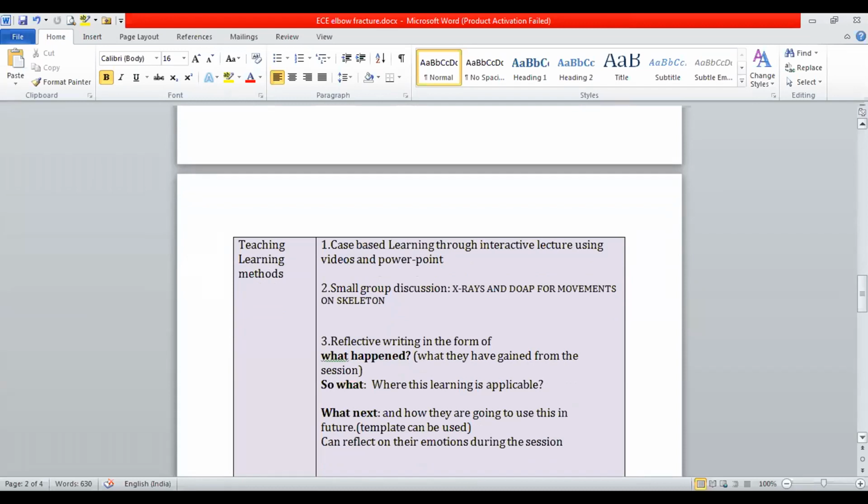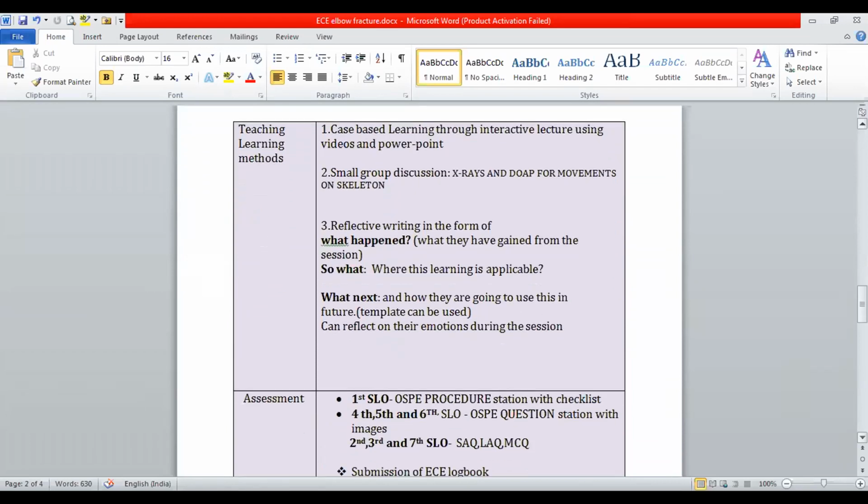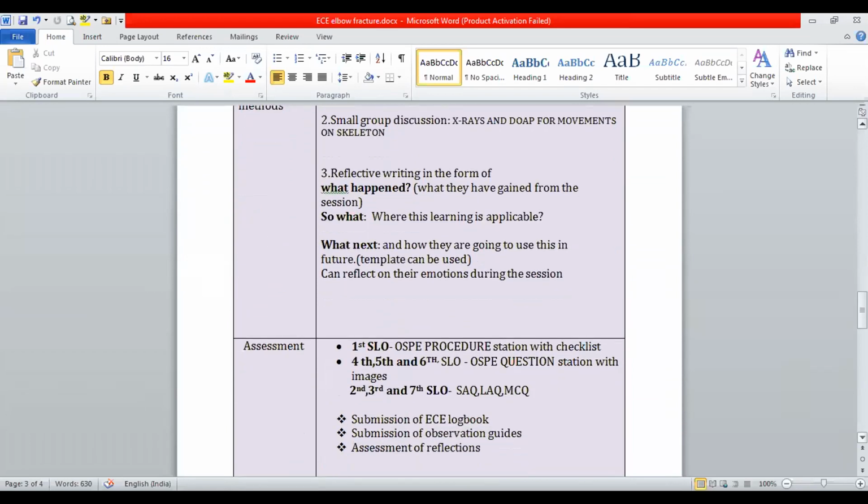Here the students can also reflect on their emotions about the session, besides the content of the session, how they felt about all this EC session. Then assessment for the different SLOs. The first SLO, which is skill based, can be assessed through an OSPE procedure station